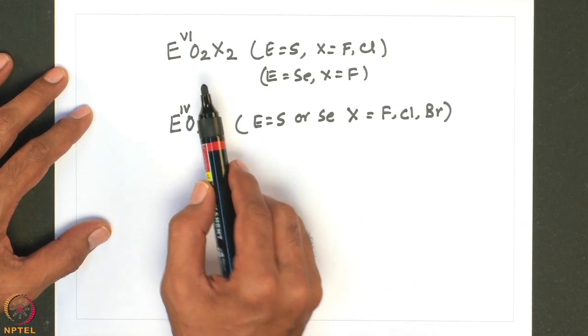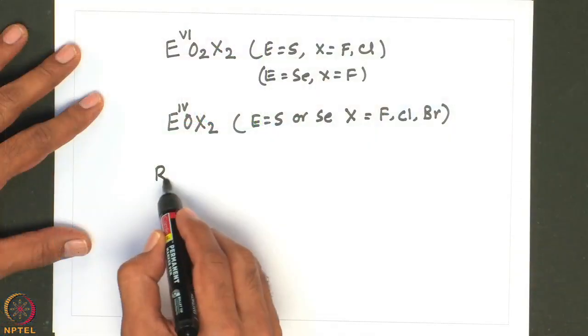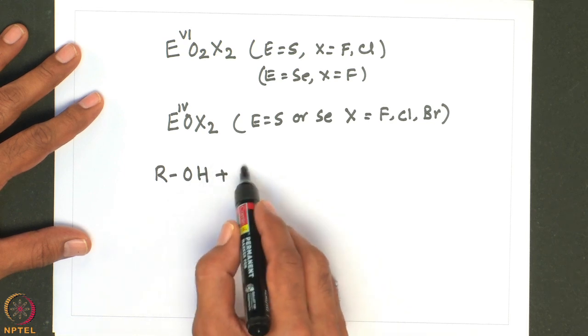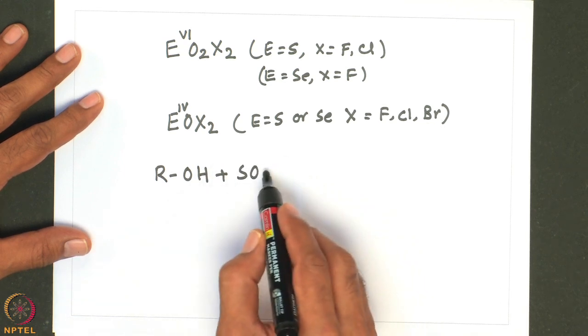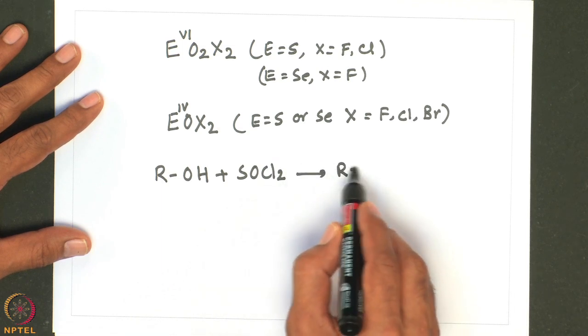They are called sulfuryl halides, and thionyl halides in case of sulfur. So, sulfuryl and thionyl halides and their selenium analogues are powerful halogenating agents and find application in inorganic as well as organic chemistry. For example, in the preparation of chlorides from alcohols and anhydrous metal halides, these compounds are widely used. Let me write a couple of examples here. Take a typical alcohol and treat with thionyl chloride, SOCl2, it forms RCl,